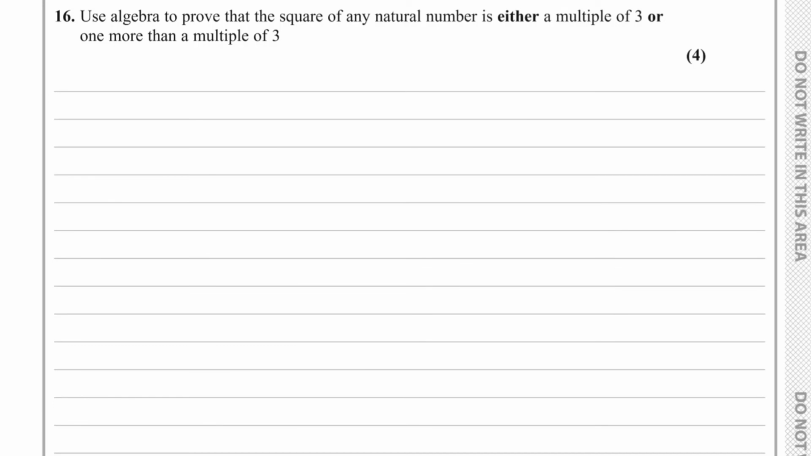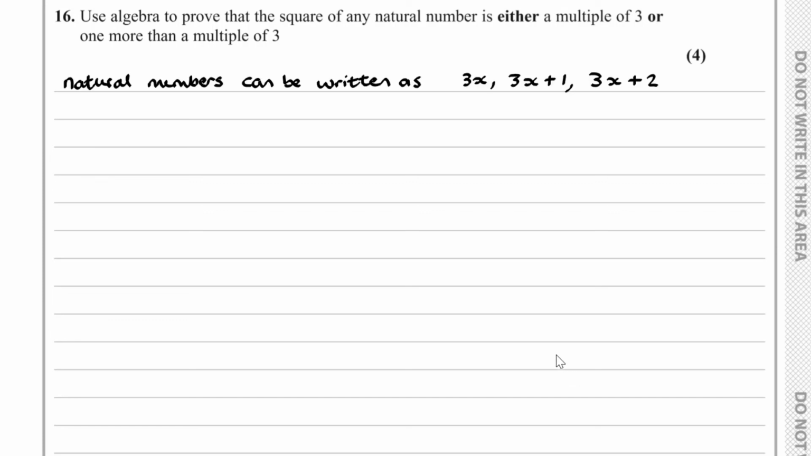Question number 16, we have to use algebra to prove that the square of any natural number is either a multiple of 3 or one more than a multiple of 3. And the key in this question is to recognize natural numbers can be written as 3x, 3x plus 1, or 3x plus 2. And if we get that far, if we now square these numbers, so in the first case if we square the 3x, we have here